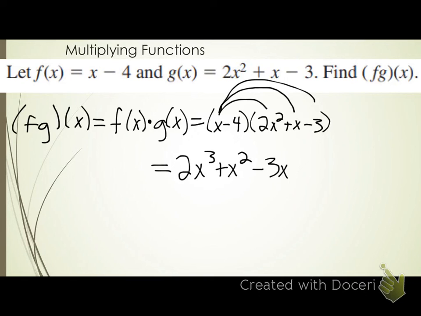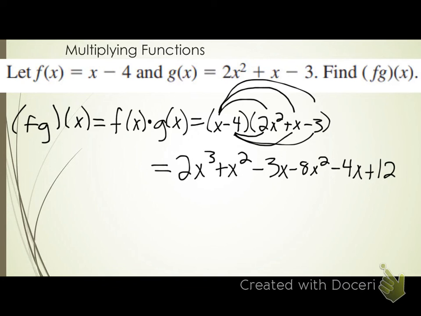Now I need to multiply my negative 4 through. Distribute it. It's negative 4 times 2x squared. Negative 8x squared. Negative 4 times x. Negative 4x. Negative 4 times negative 3. Positive 12. Okay, now that I've multiplied every term from my first set of parentheses by every term in my second set,